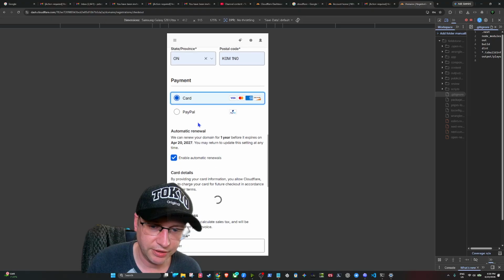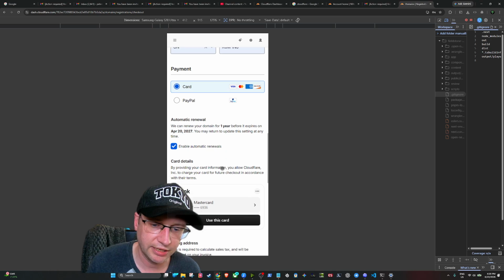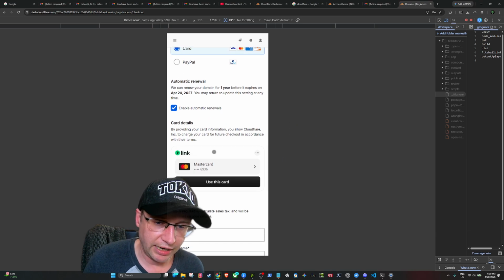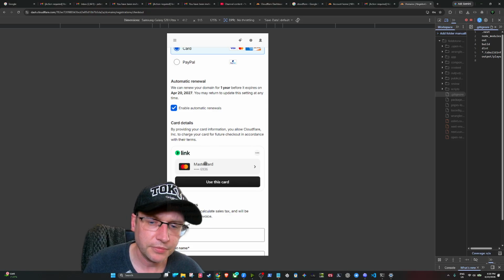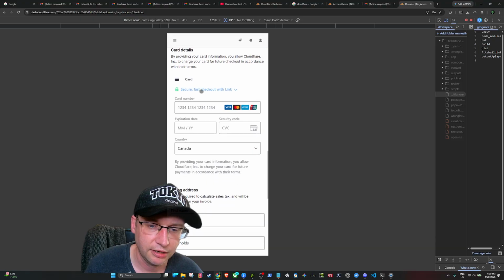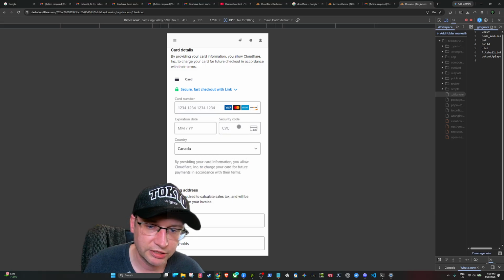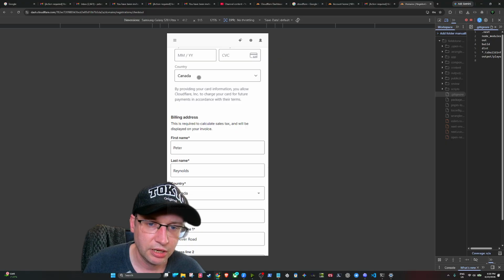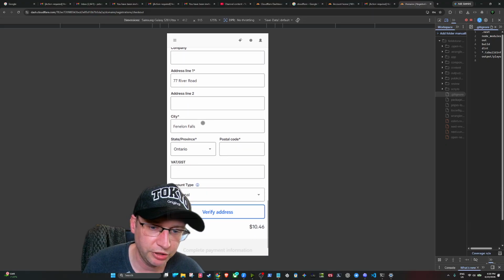Click on card, and then it's going to pop up with the option to have auto renewal automatically default selected. And if you haven't used Link before in the past, it'll want you to fill out the credit card information here. You don't have to use Link. You can press the 3 dots here and click pay without Link, or it might just pop up like this for you if you don't have a Link anyways. Enter your credit card number in there, expiry, your security code, select your country, and then it'll want your billing address. So put in your billing address,